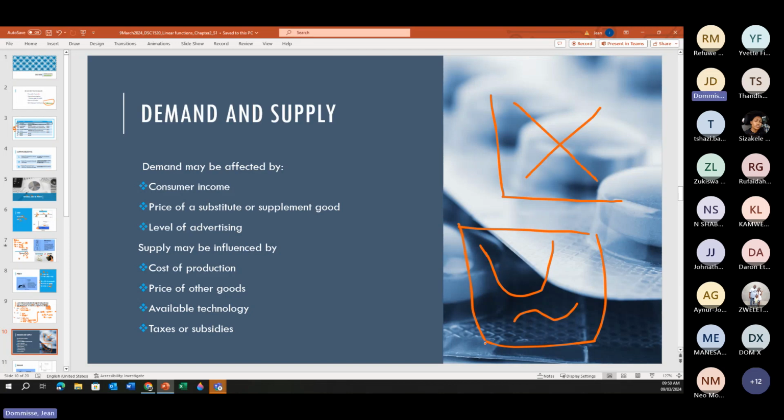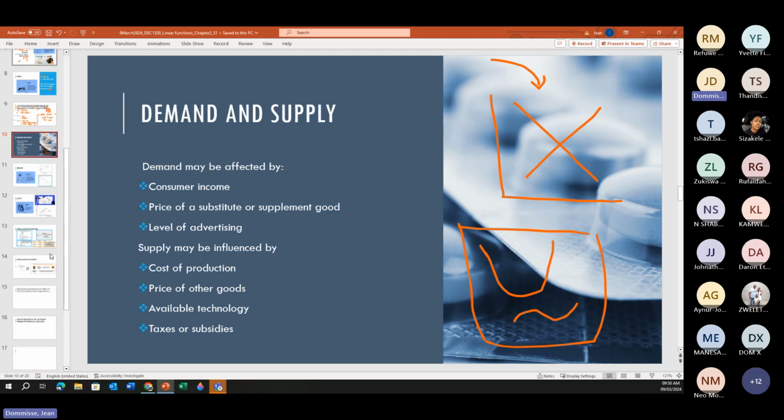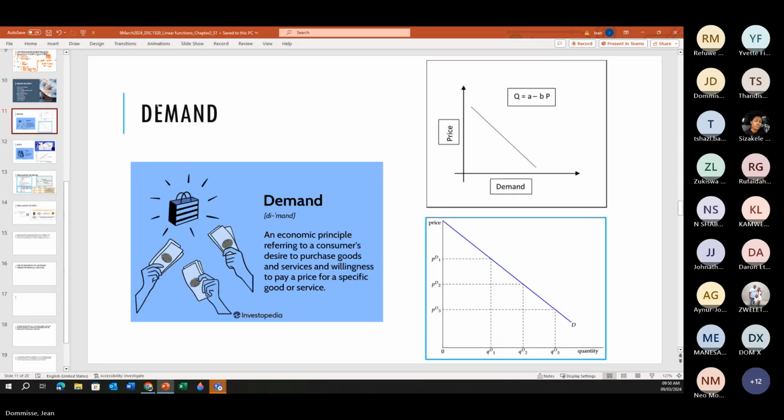So nonlinear is when we start looking at these kinds of diagrams and pictures. So currently we focus on linear, so straight lines for demand and supply. So let's get into a question on demand. Okay, so on demand,